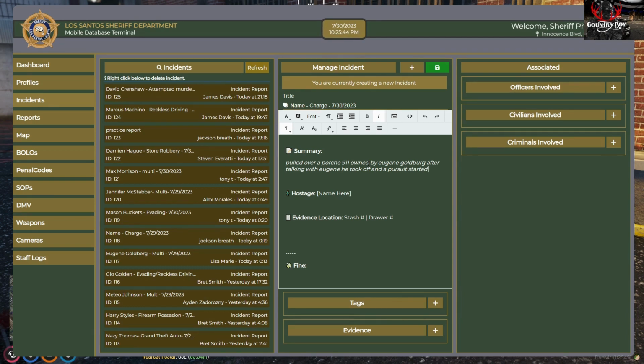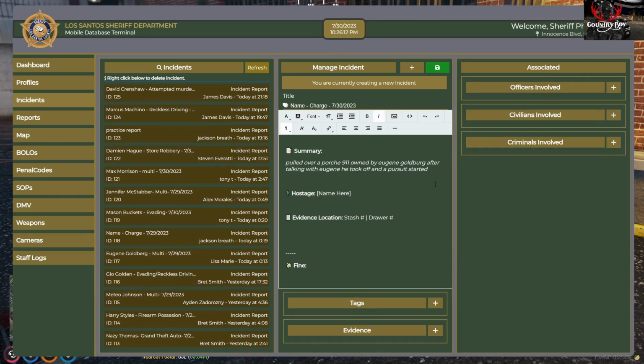So when this goes to court, because in QBcore there is a judge, there is a jury, etc. If they don't plead guilty, you have to take it to court. But you need to be very, very detailed in your report. It needs to be from start to finish, where you pulled him, what you pulled him over for, which was the brake lights, as well as